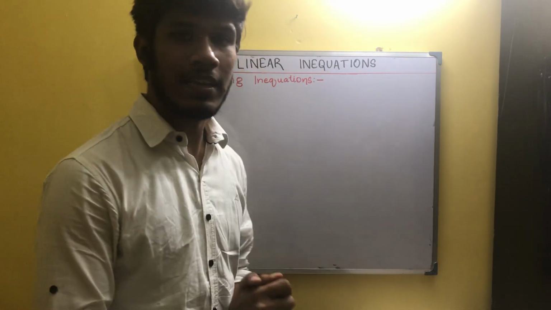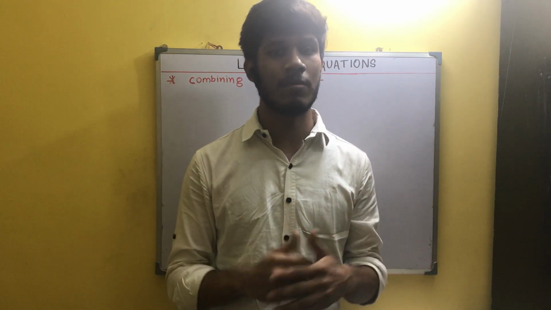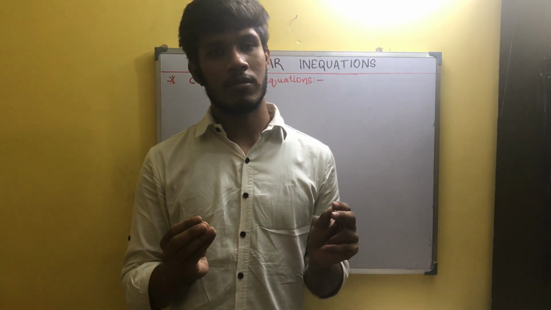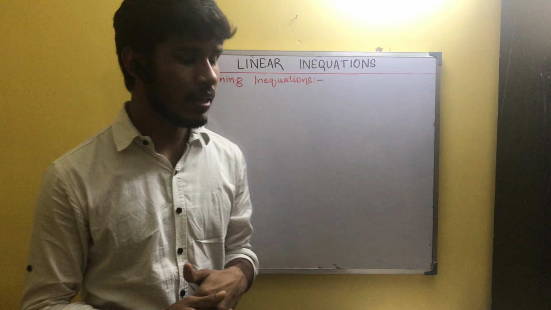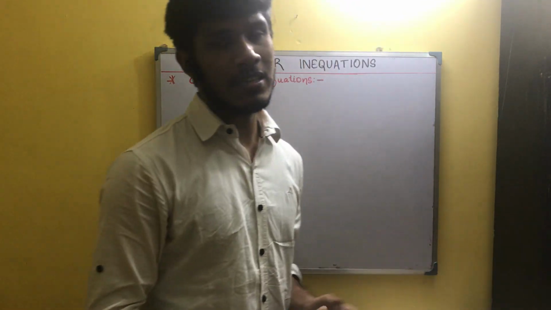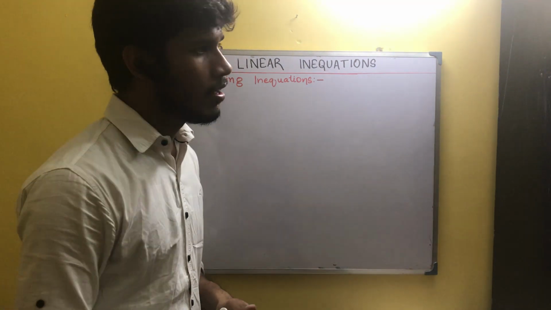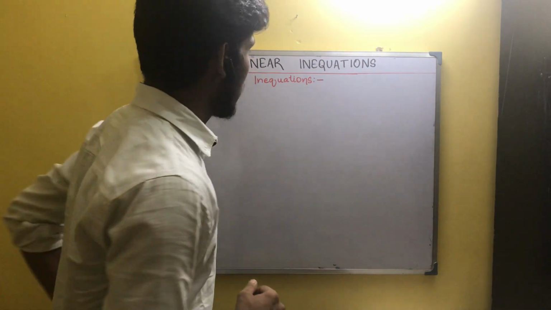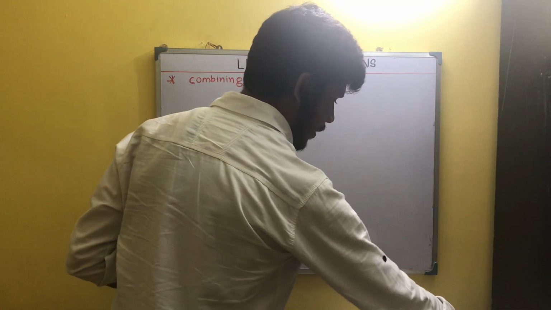First of all, combining inequations means how we represent the solution of two different inequations on the same number line. The two inequations that we have must be interlinked to each other in some way or the other. We'll see how they are interlinked. We know the basics of how to solve inequations and how to represent a single inequation on a number line. Now in this we'll get dual inequations, or you may say two inequality signs. Now let us solve an example and we will get clarity on this topic.